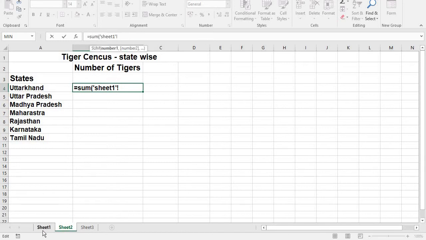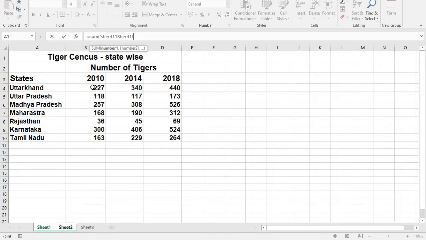Now I am using this cell address. See here, this is the cell address. What is this cell address? B4. Here is the B4 to D4. Now I am typing B4 colon. Colon means what?